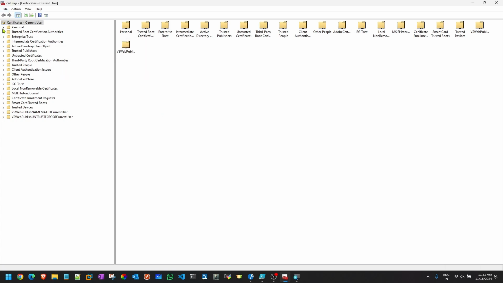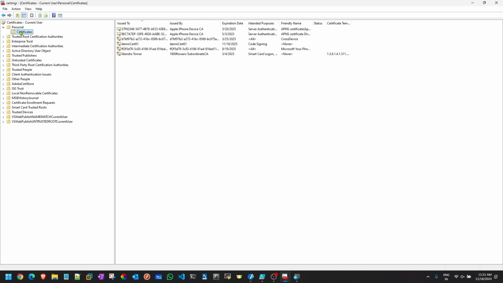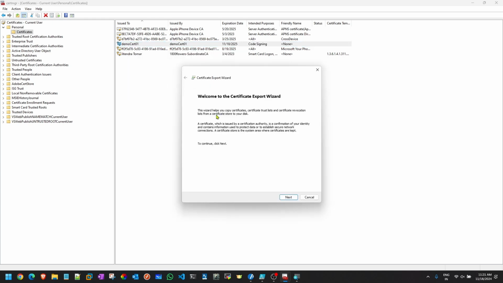So here I am inside this particular certificate store, personal and then certificates. Now here you can see this is my certificate available over here, demo cert 01, right? What I need to do is export it. Pay attention. Right click. Can you see the export option over here? Go to All Tasks. Can you see it now? Export. Click on that and you get this welcome to the certificate export wizard.